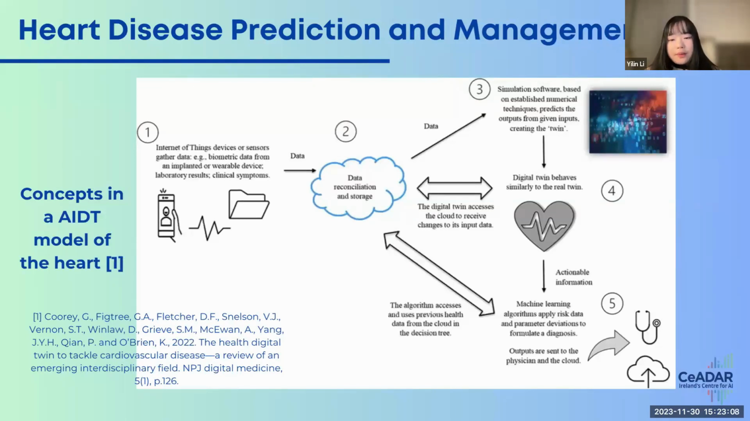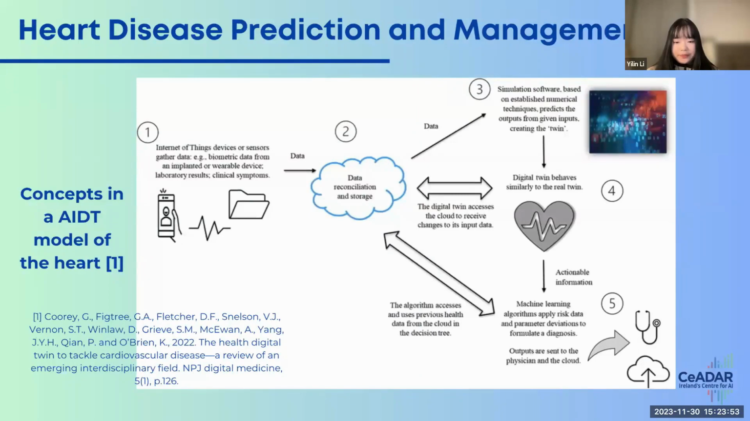Next is the machine learning algorithm, applied to risk data and parameters to make the diagnosis. This algorithm analyzes trends and patterns to accurately predict potential health outcomes. Finally, we have the output. The actionable information generated from the AIDT model enables physicians to make informed decisions, and this provides a predictive perspective that can guide treatment plans, adjust medications, and even suggest lifestyle changes